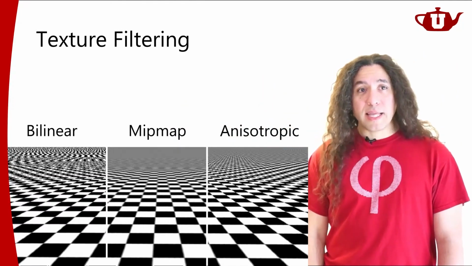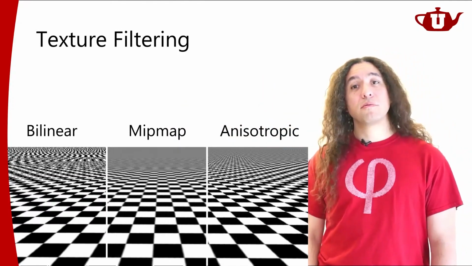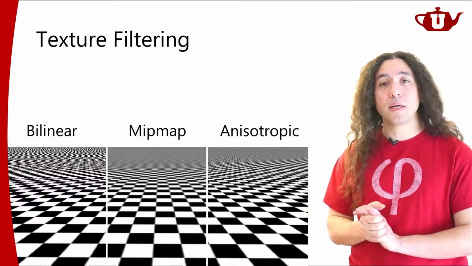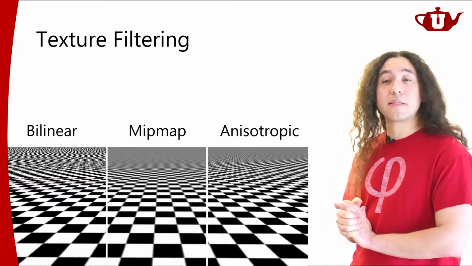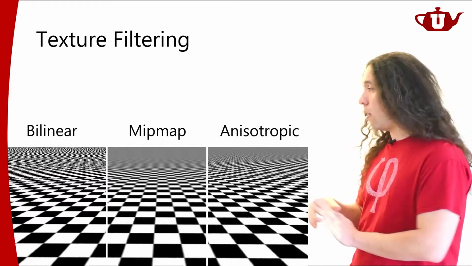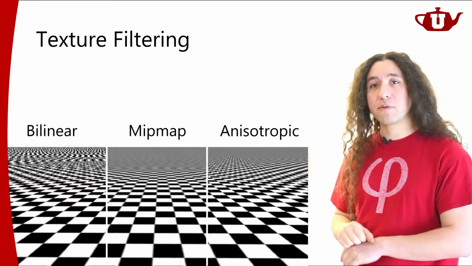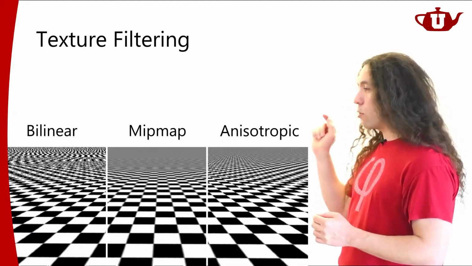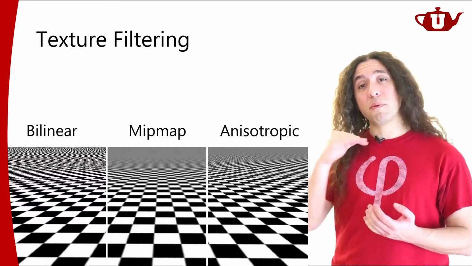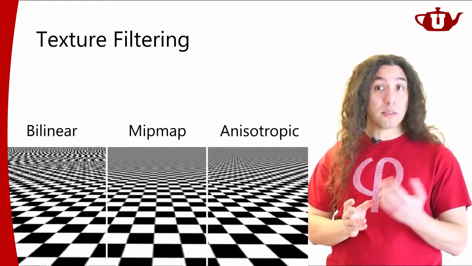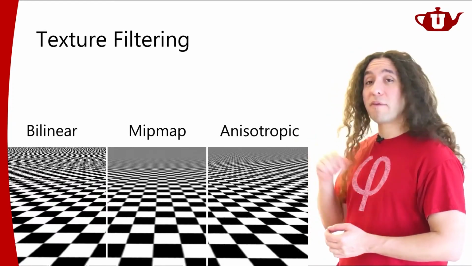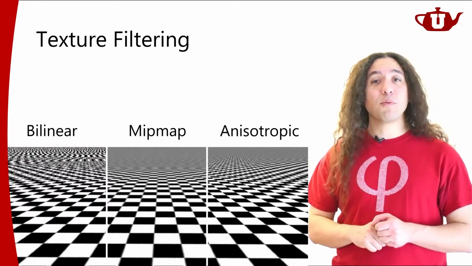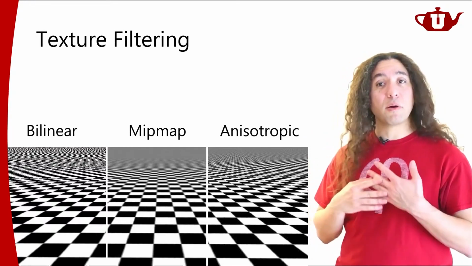The good news is that our GPUs will do all of this stuff for us. So next time I'm going to talk about how to set it up. And you won't have to do much, basically. You will just need to tell the GPU, say, oh, I want to use bilinear filtering. And then you're using bilinear filtering. It's just automatic. Or you want to say, I want to use mipmaps. And the GPU will generate all the mipmap levels for you if you want. And then it will figure out which mipmap level to use and then do the trilinear filtering automatically, and you won't have to do anything about it really. It's going to be all automatic.